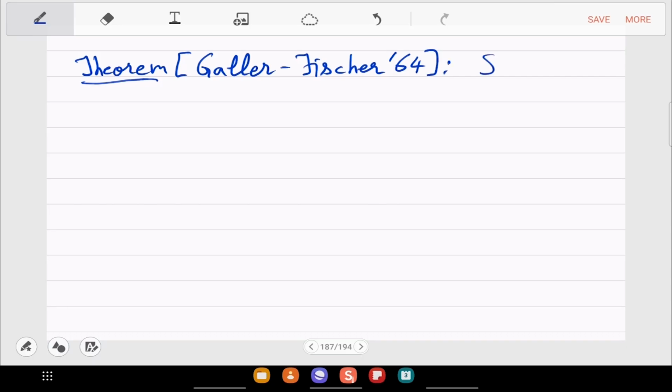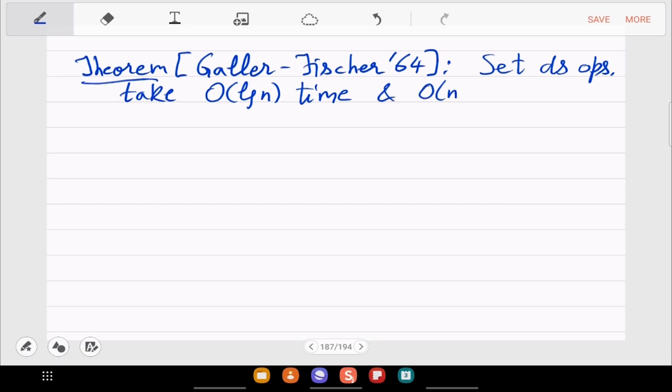Set data structure operations take order log n time. And how much space? Only linear space, right? N is the number of elements across the sets. Is that clear? So this finishes the set data structure with operations of union and find.